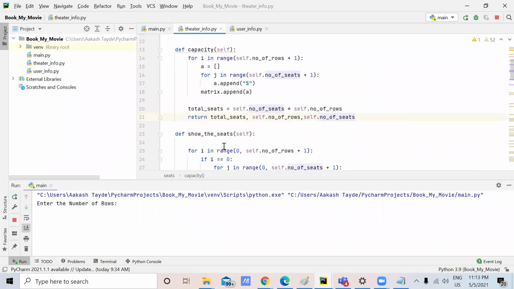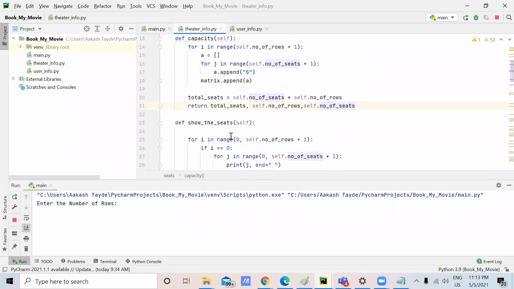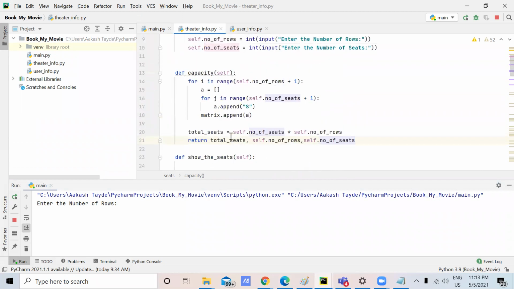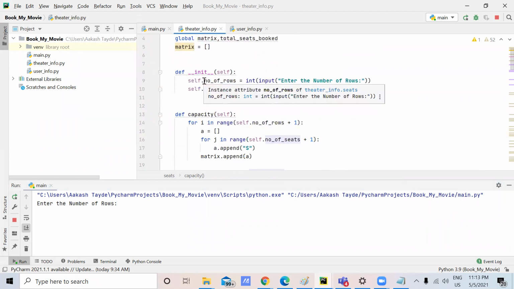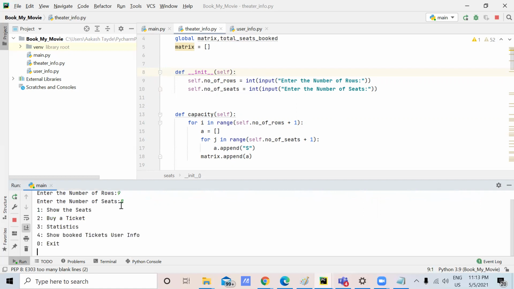There are more functions, a capacity function and the show the seats, which I'll explain later. Firstly we'll be getting number of rows and number of seats from here. This is what we are deciding, the capacity. Suppose I'm selecting the capacity of theater as 9 rows and 8 seats. This is the capacity decided.